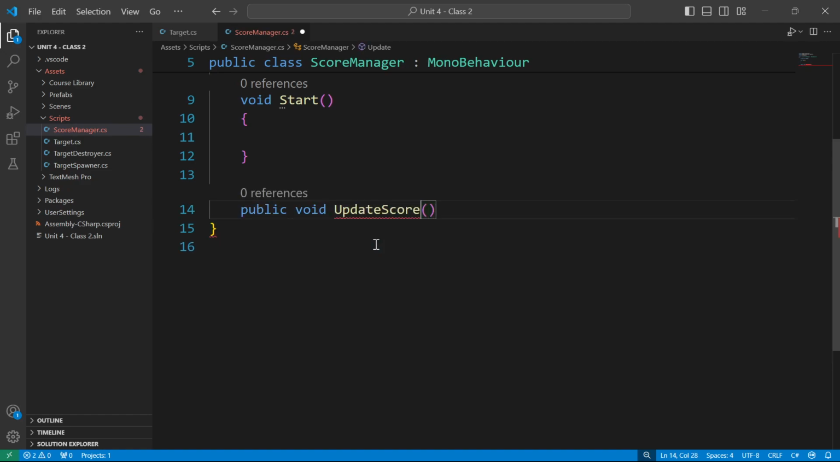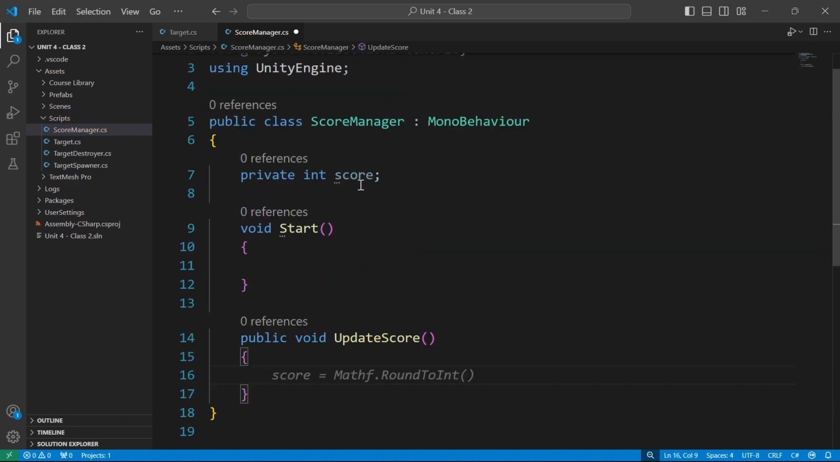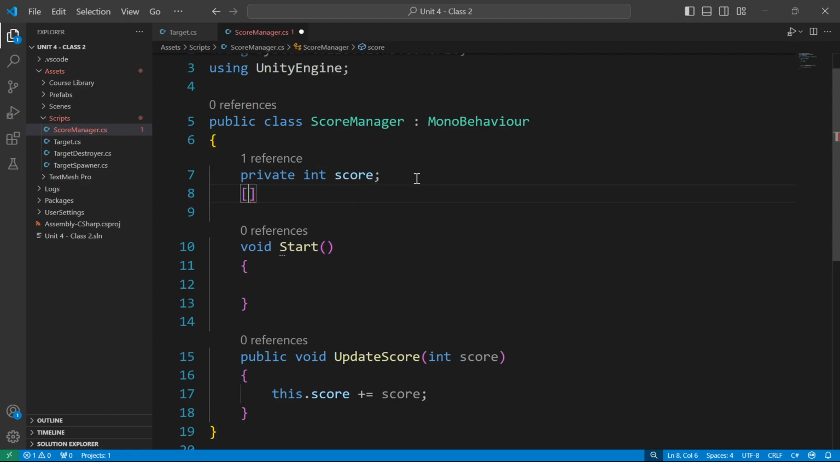UpdateScore. So what we want to do is make score private, and then we'll just create a method sort of like a setter, but this will only add, or update, our score. This will accept an int score here, and then we'll say this.score plus equals score. So we'll just add whatever score is passed as a parameter. We also need